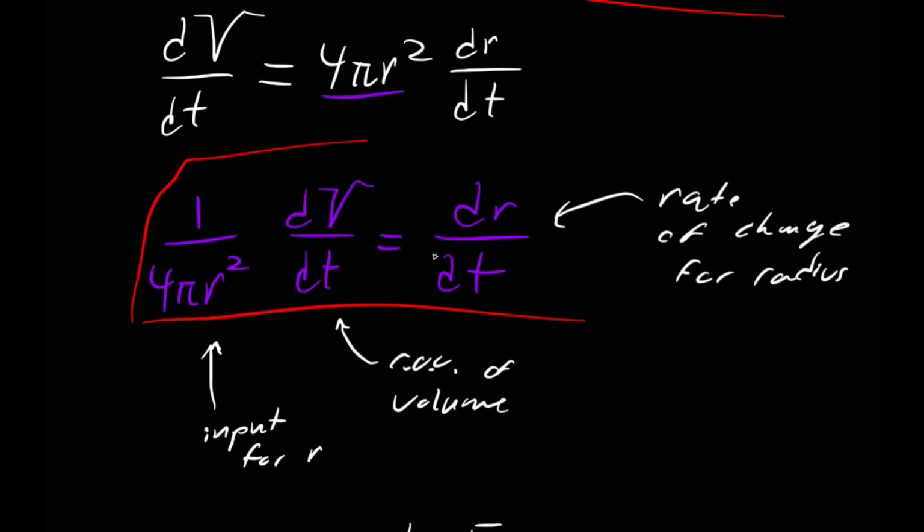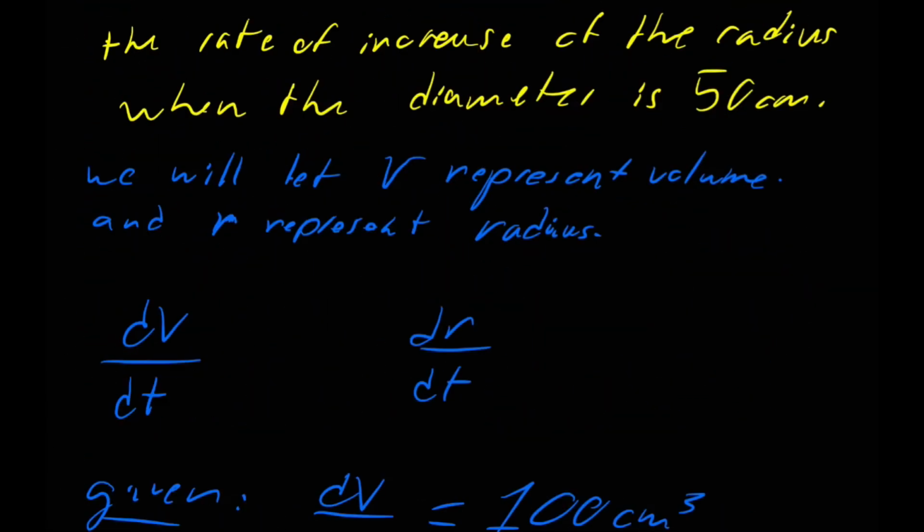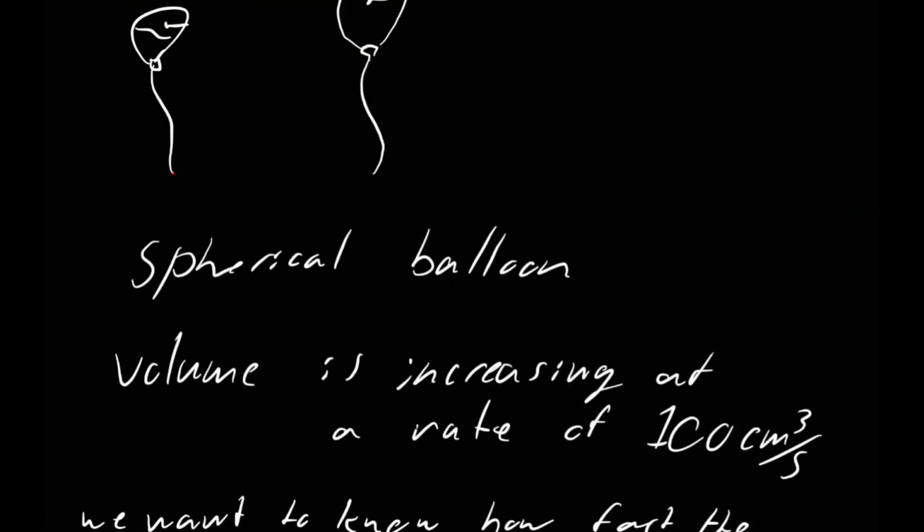Because if you don't know that dv dt is the rate of change of the volume that it gave us at the very beginning of the problem, you're going to conceptually hit a brick wall and you're going to be stuck and you're not going to know how to complete a problem. But that's okay, because the more you practice it, the more you'll get better with it, and the more you'll be able to make those connections, and it'll just get easier and easier over time. And that's really the goal here, is to practice and to make sure that we really understand what we got, because if we do, you can use related rates for a lot of situations,